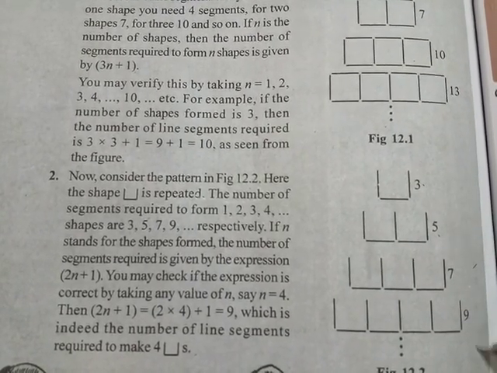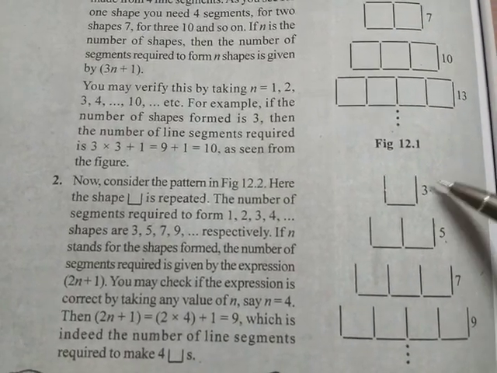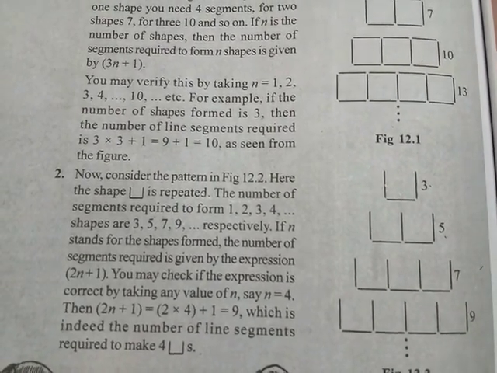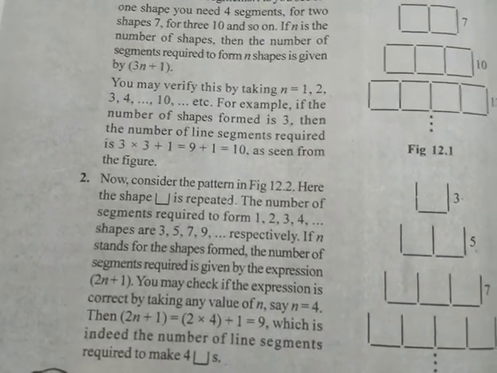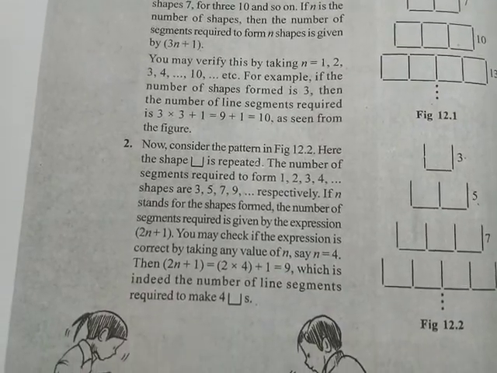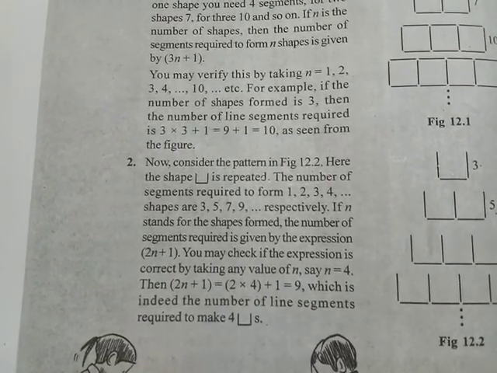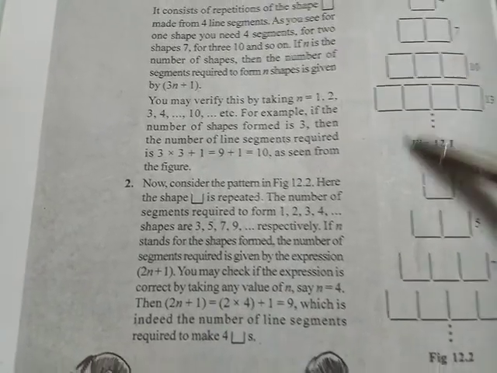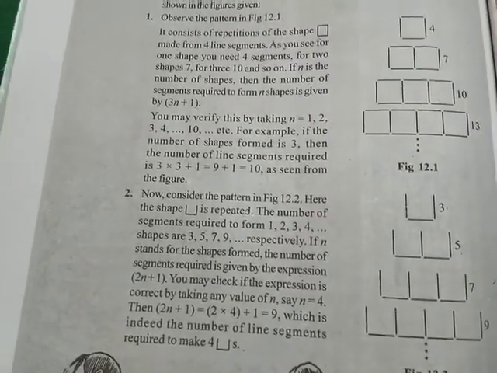So what we can consider, if you remove 1 from each, it gives you the table of 2: 2, 4, 6, 8. So when you form a formula, that time you have to add plus 1. That is 2n plus 1. This you have to keep in mind. What you remove, that you have to add when you form the general formula. So this is all about how you can make a pattern, and from this pattern how you can generate the general formula. So this is all about pattern.